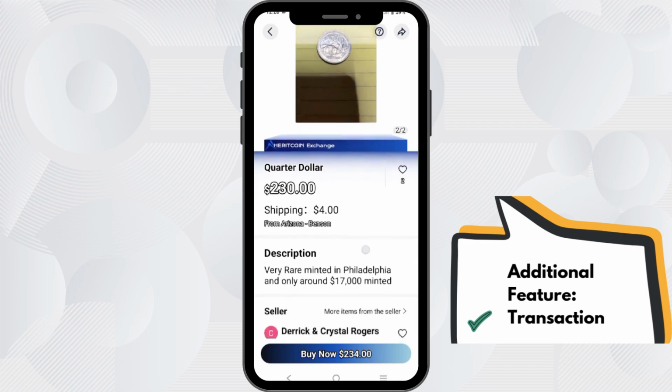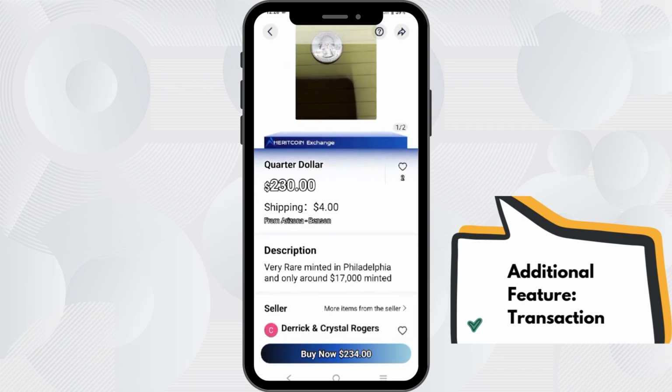Okay, so if you are a coin collector and looking for this kind of collectible coin, you can use this application, Herit Coin, to find your most wanted collectible coin. And you can see here already the value of the coin that you are going to buy.